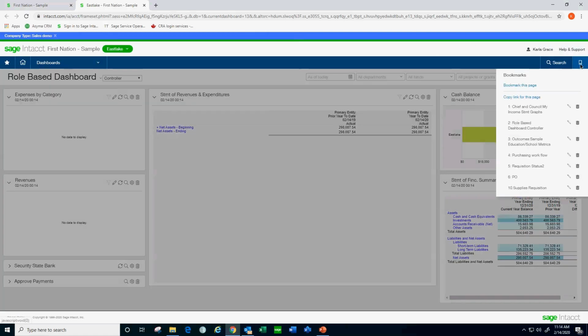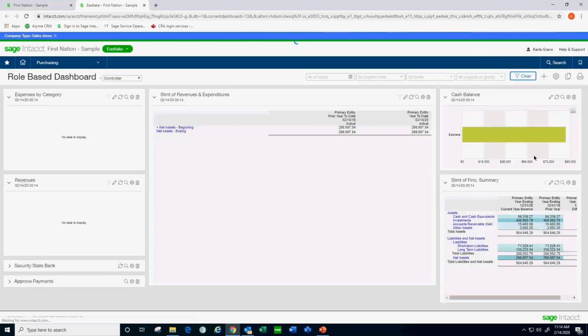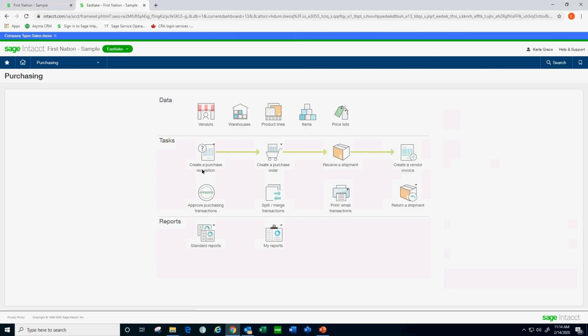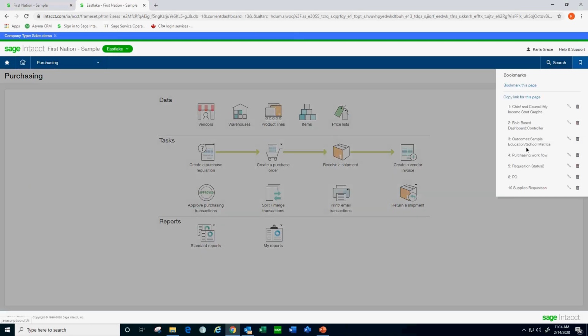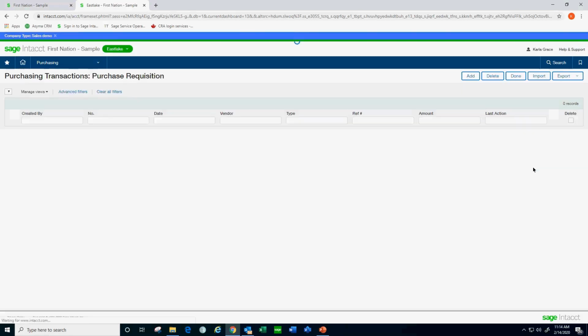So inside of here also, just very, very quickly, let's talk about this purchasing workflow. So again, the purchasing workflow, you see, I can come in here and just say, do I want a purchasing requisition? So you can have employees that can only do requisitions or they can only do purchase orders, but they can't actually generate the invoicing on here. But let's just go a little bit further in here. And so in the actual requisition status, you're going to see